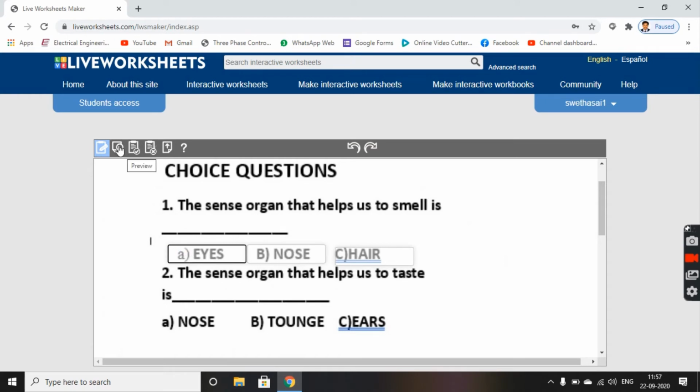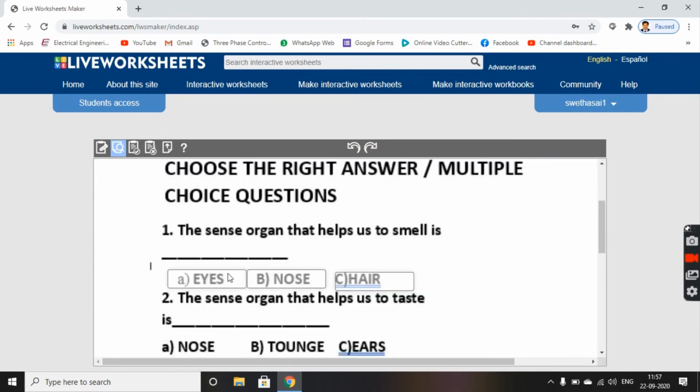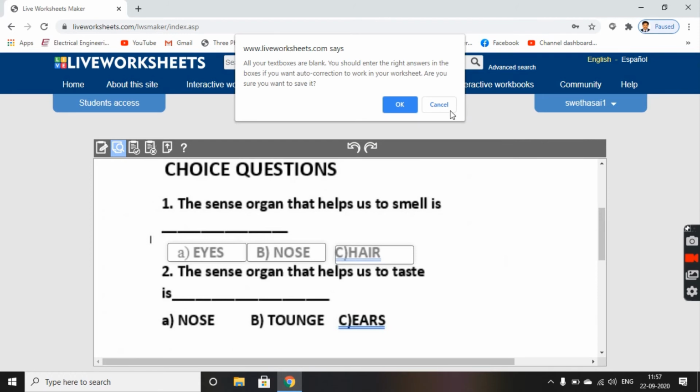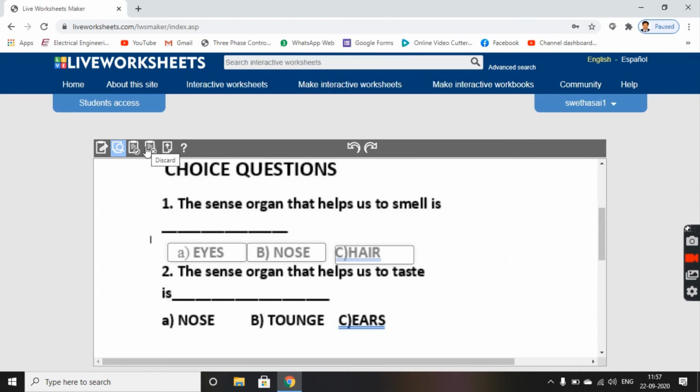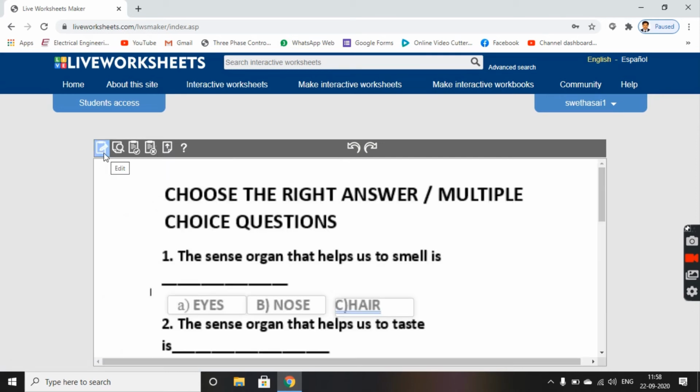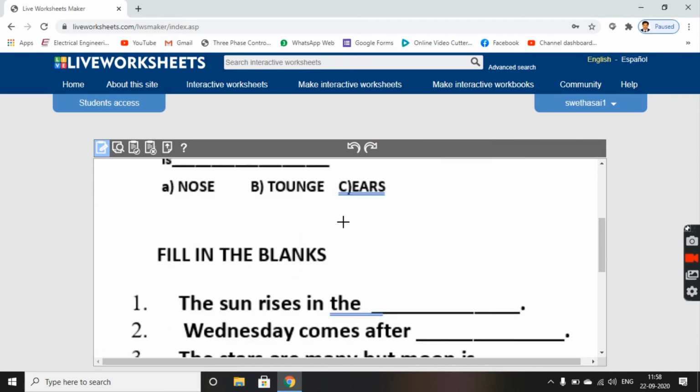You have the preview option here where you can preview your worksheet and how the children actually look, the output of your worksheet. And next you have here a save option where you can save your worksheets, and then you have discard where you can delete your worksheets, and here you have another option, update the background document. We don't use it much. Now you can edit your document again using this edit option. You have the undo and the redo options here. Yes. Now I have done completing my worksheet.